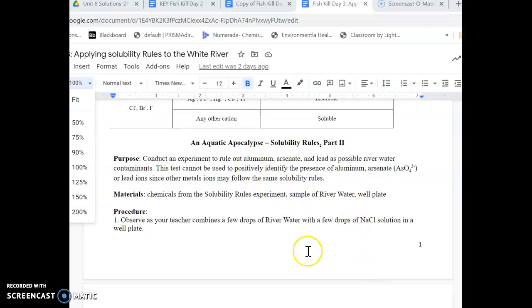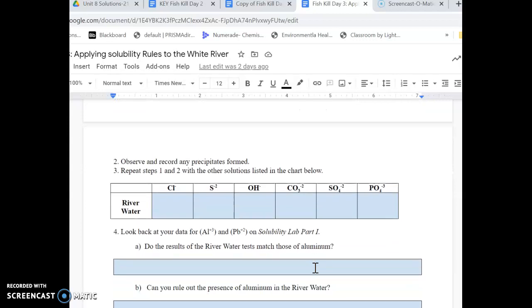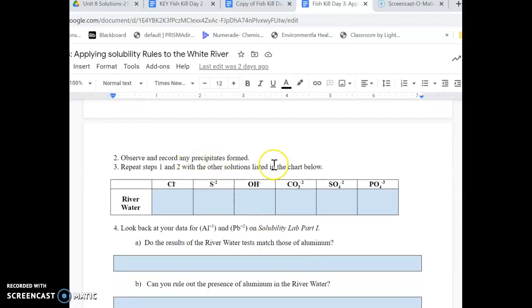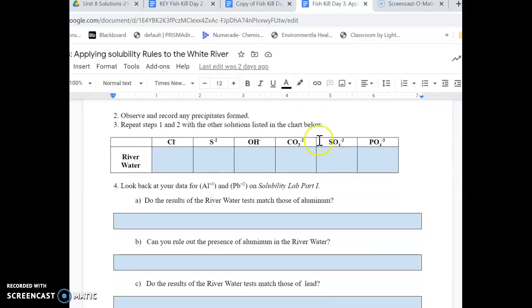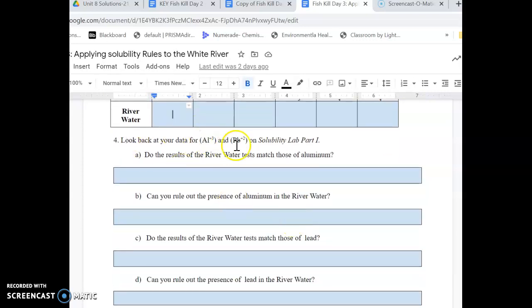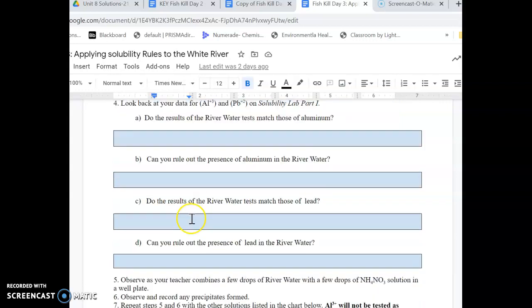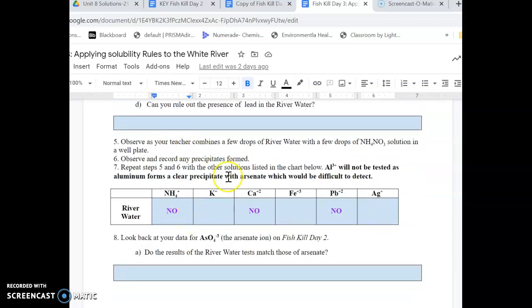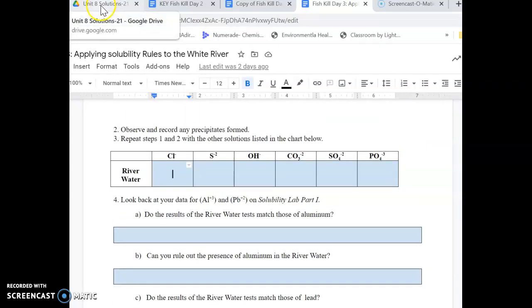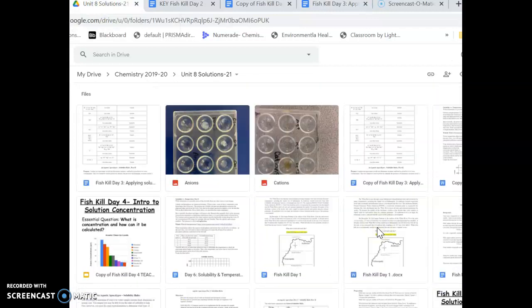For this one today, we want to conduct an experiment to rule out aluminum, arsenate, and lead as possible river contaminants. So we're going to do a test to see if any precipitates form. Two tests. The first one, we're going to test some anions to see if aluminum and lead are present. And then we are going to test some cations. So for the first test, on Schoology, there are